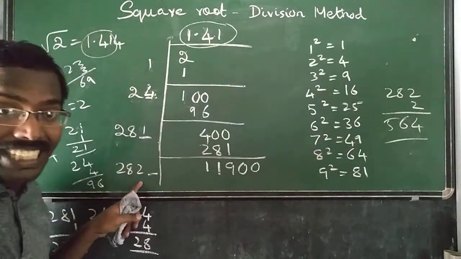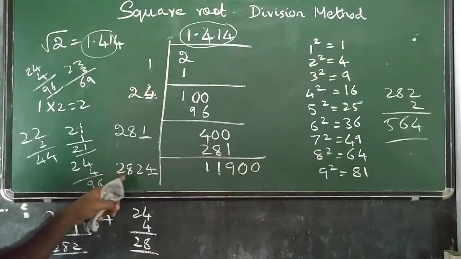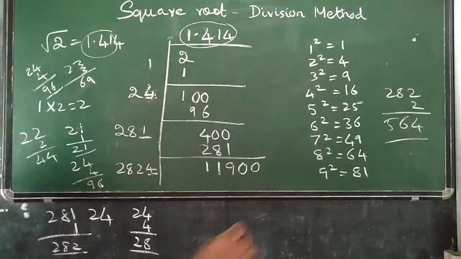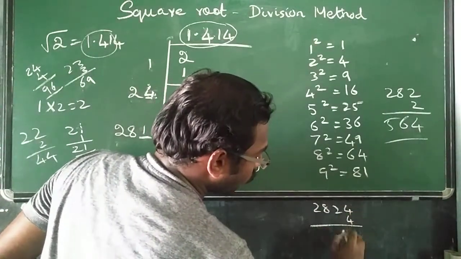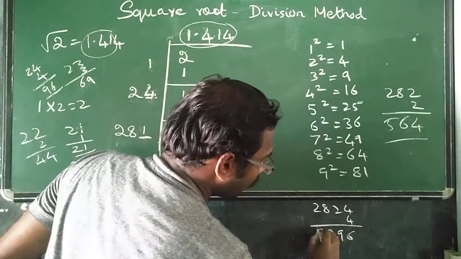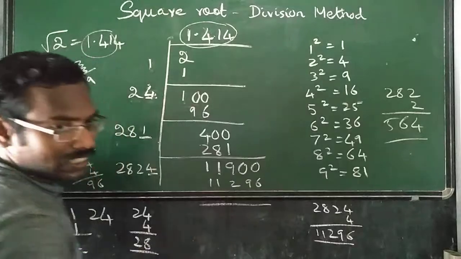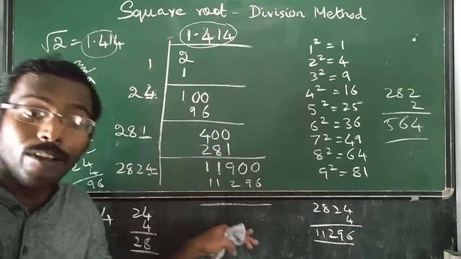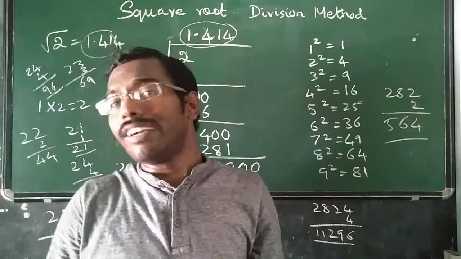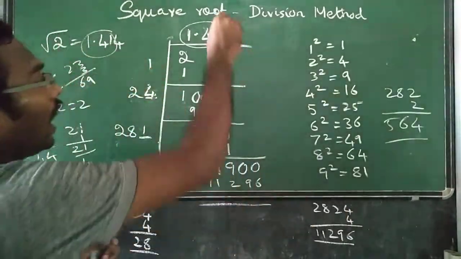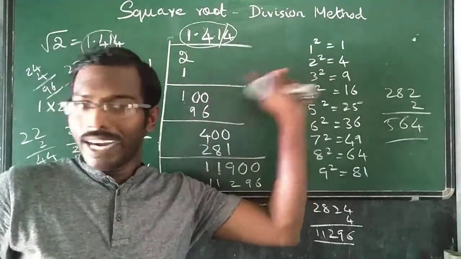If you see the third digit, so let us take 4 and here also 4. 2824 into 4. That's all. If you want the fourth digit, again you have to do it. Else you can stop. Normally, taking 2 digits after the decimal is enough. Therefore, up to this step is also okay. So, the answer for root 2 is 1.4.